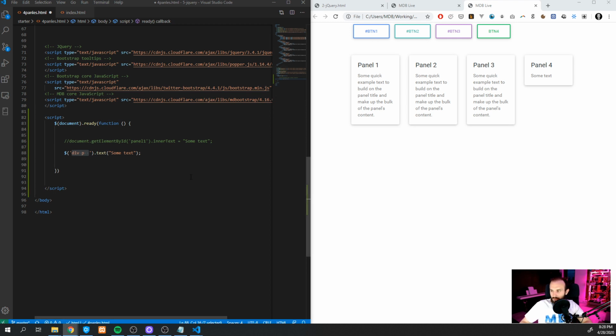Okay, guys. So as I said, you can catch pretty much any DOM element on your page. And secondly, since jQuery is a wrapper around JavaScript, you can pretty much do all the stuff that you could do with JavaScript. Sometimes it's just easier. So for example, let's get back to a panel here. So panel 1, and instead of doing